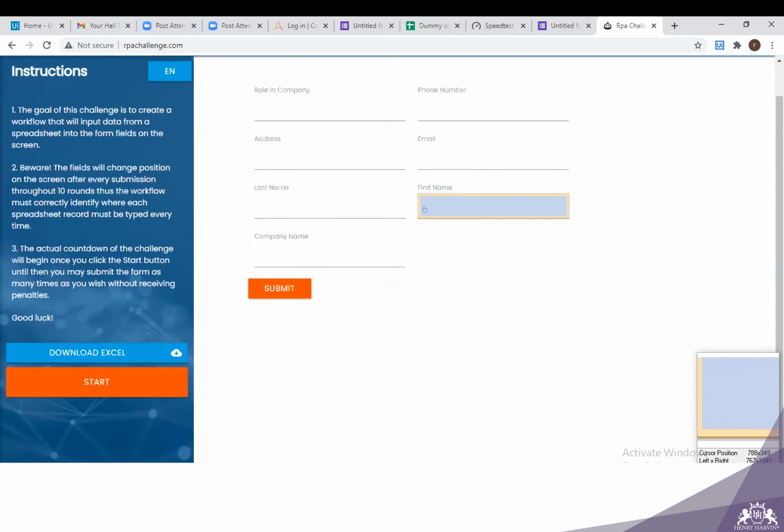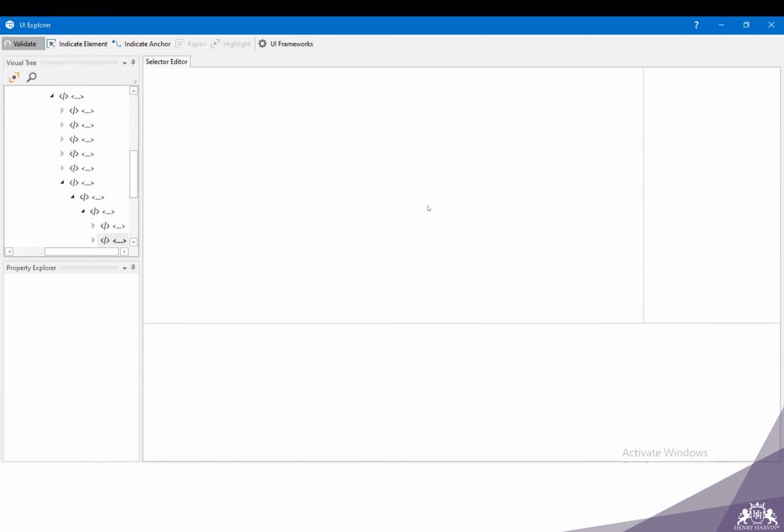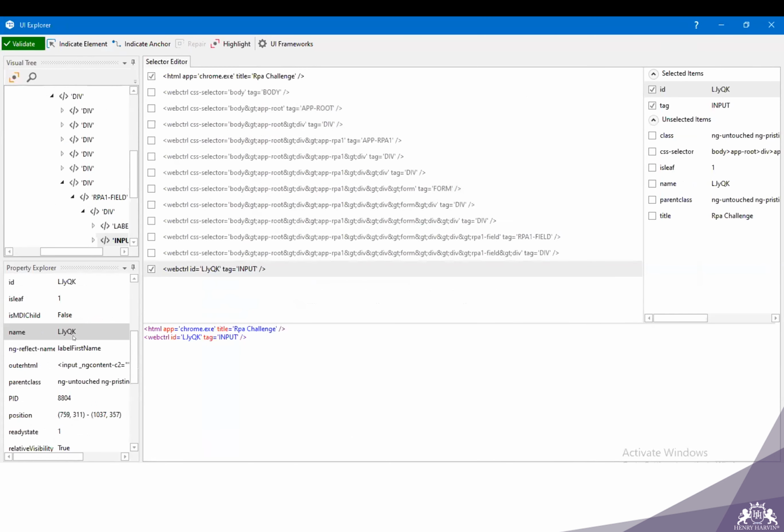Once I get this text box, it will populate the properties of the text box here. You can see on the left hand side there are certain properties of the text box. Now the challenge is to find the property which is not changing. Suppose you can see the ID on the right top corner, it is LJYK.